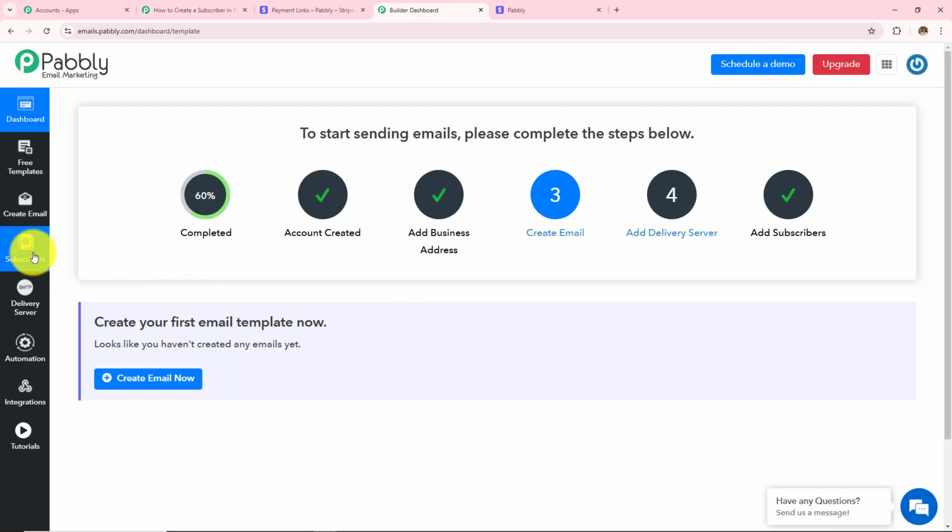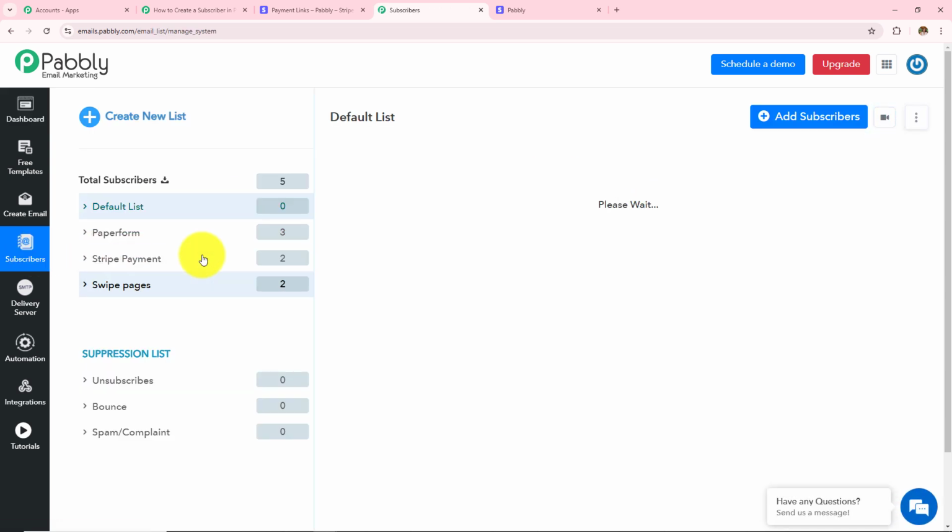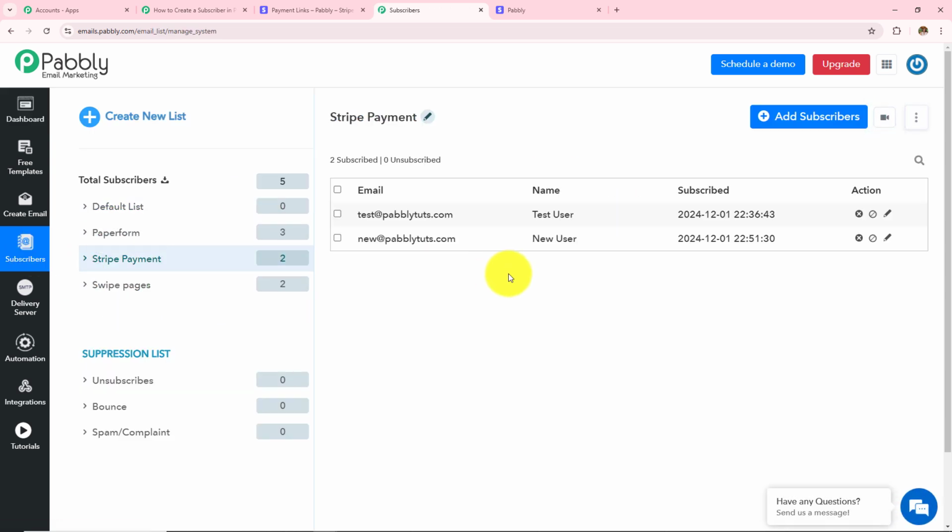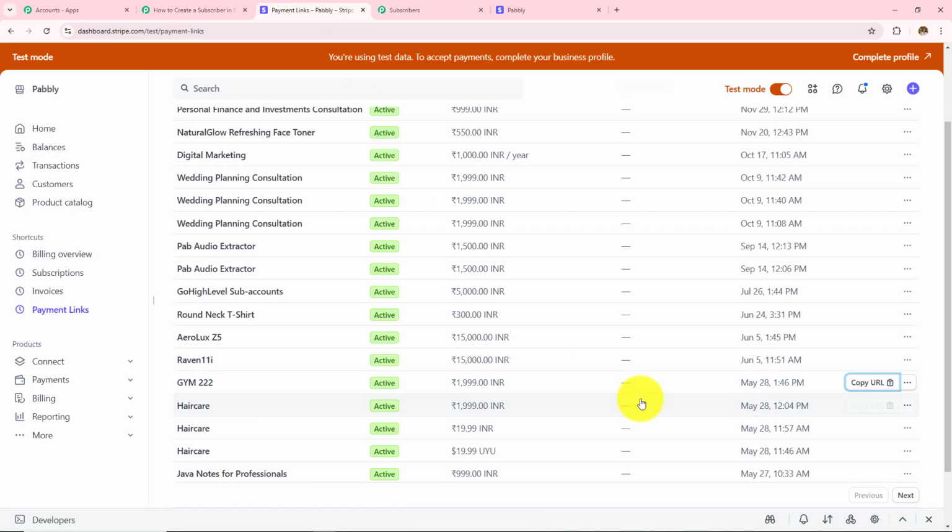So from over here, I'll go to the subscribers on the left hand side, and then I have to click on the Stripe payment. And here I can see that I have created this new@pabblytudes.com as my subscriber. The name was new user. Now, so as to check this workflow one last time, let's quickly open my payment link again and do a test payment